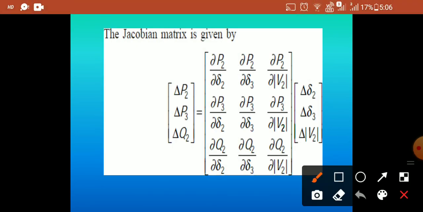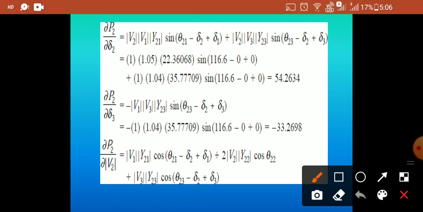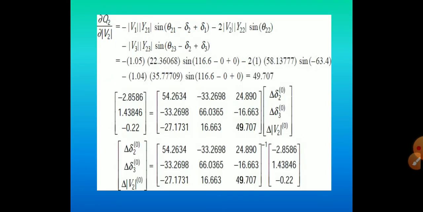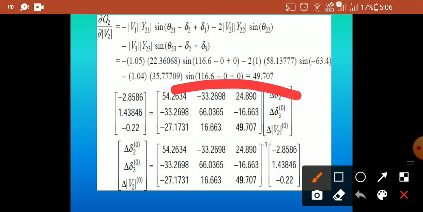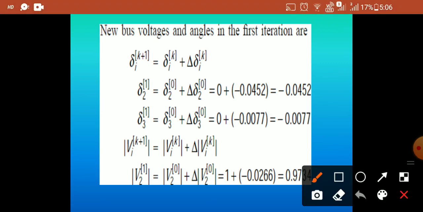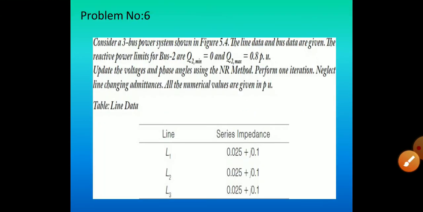So after finding the Jacobian matrix, we have to solve. After finding it, we have to substitute the values in this Jacobian matrix. Then we have to find the partial derivatives for each element of the Jacobian matrix. Then we have to write all the calculated scheduled values in this matrix format. After writing this, the iteration count should be increased, and the voltage magnitude and rotor angle should be updated with the first iteration.